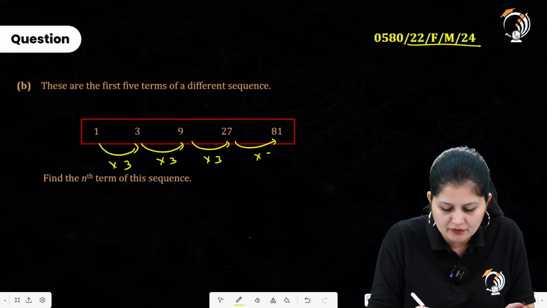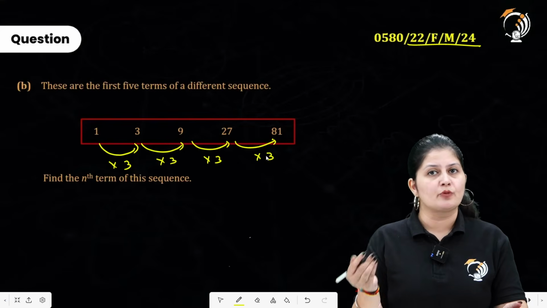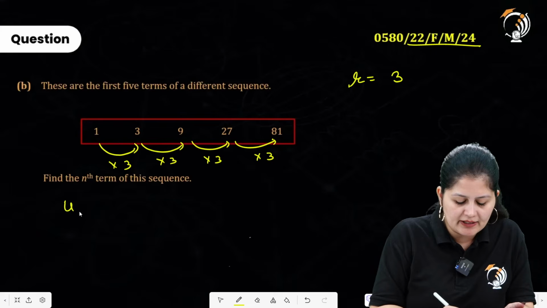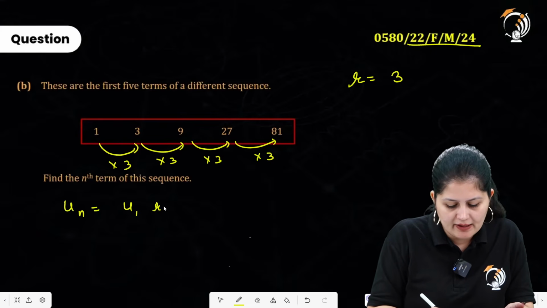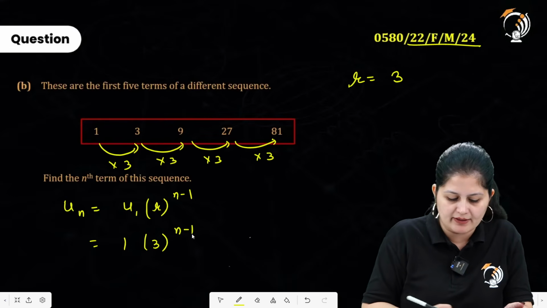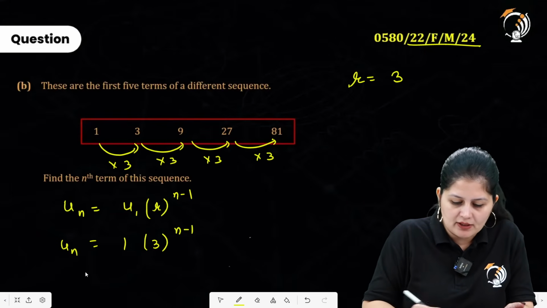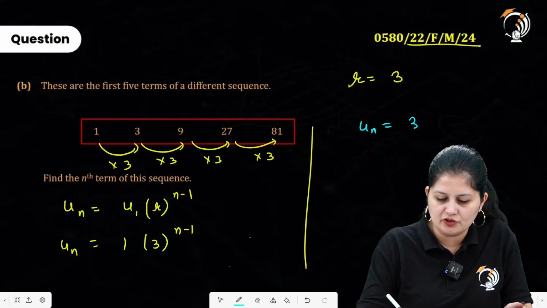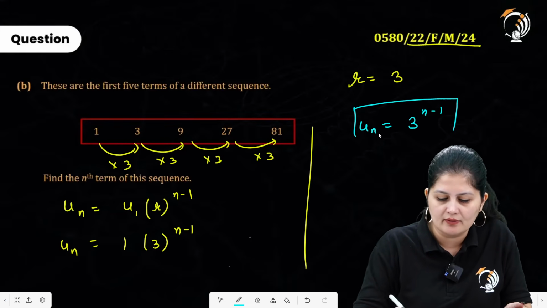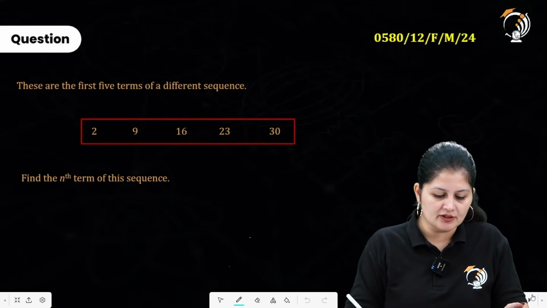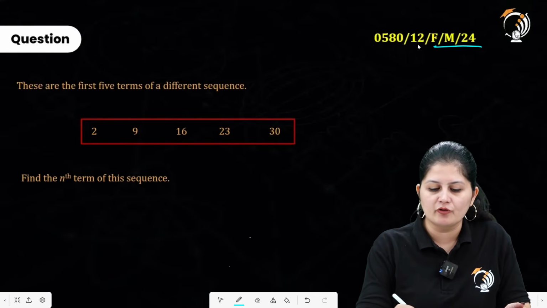So clearly this is a geometric progression or an exponential sequence where the common ratio is 3. So in order to get the nth term, it is going to be u1 r raised to the power n minus 1. The first term is 1, where r, the common ratio, is 3 raised to the power n minus 1. So the nth term of the sequence is going to be 3 raised to the power n minus 1. Clear? Yes? Moving to the next question here, which is from the paper of February, March 24 from the variant